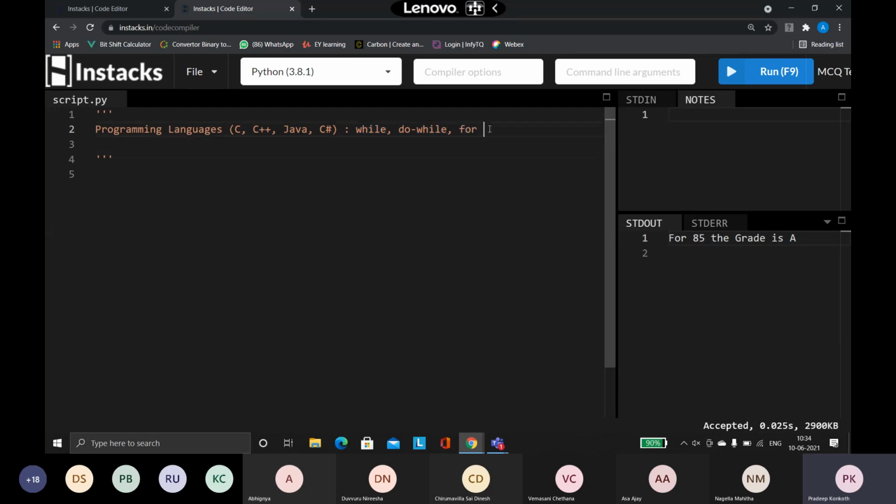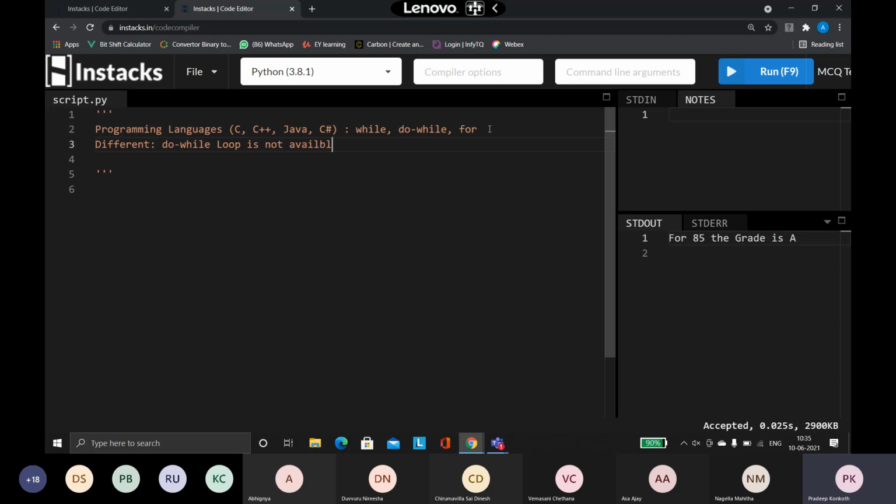But when it comes to Python, how is Python different? Python has only two types of loops: a while loop and a for loop. I do not have a do while loop. So in Python, what is missing? We do not have a do while loop. The do while loop is not available.